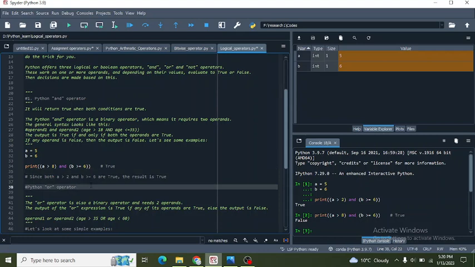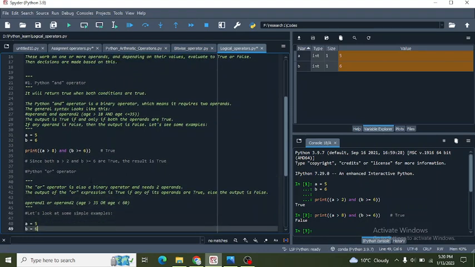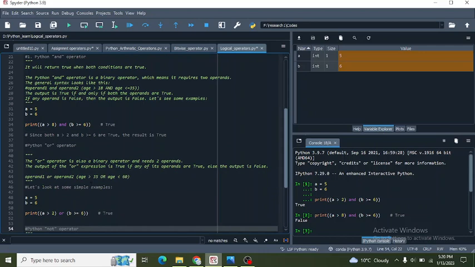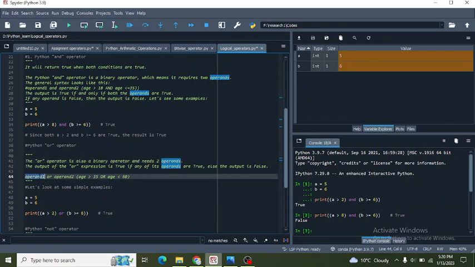The second logical operator is the OR operator. The OR operator is also a binary operator and needs two operands, two conditions. The output of OR is true if any of its operands are true, else the output is false. It's written as operand 1 OR operand 2.